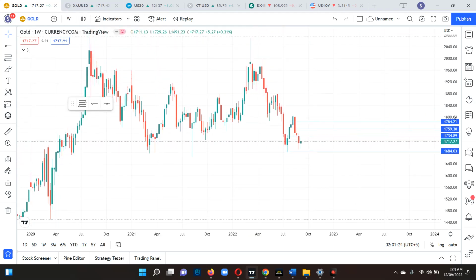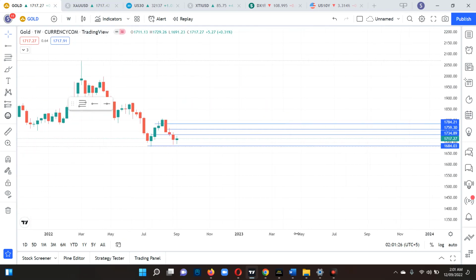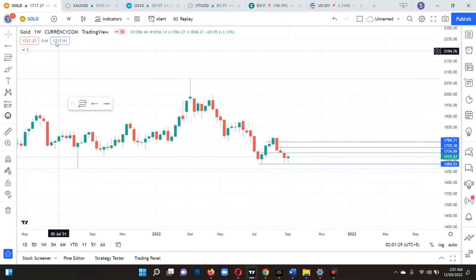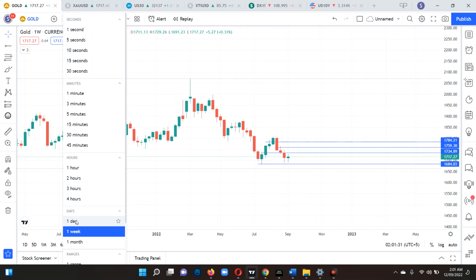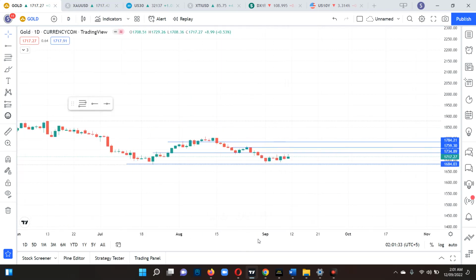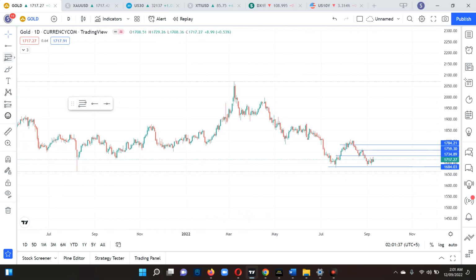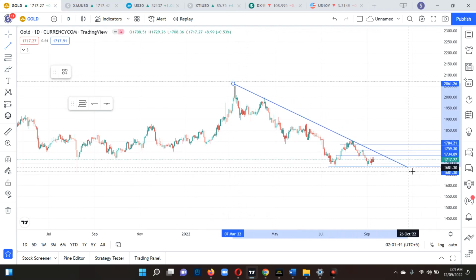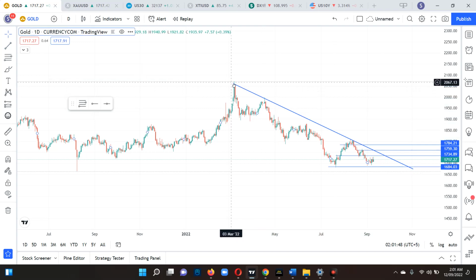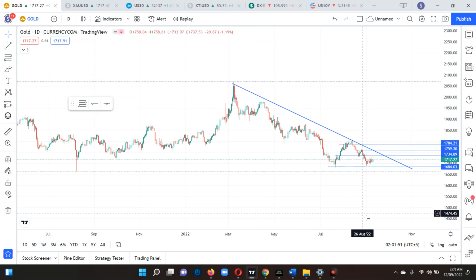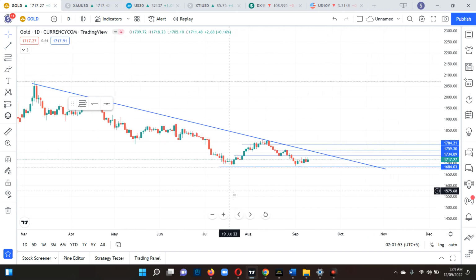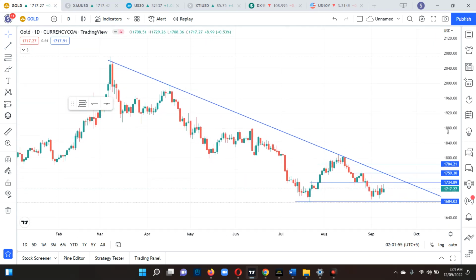Now on the weekly time frame chart, if you see the weekly time frame chart, no, I will go with the daily time frame chart. There you will get a clearer view of the trend line the market is trying to follow. On the daily time frame chart, I can see one trend line running like that. If you look more closely, this is one particular trend line which I am seeing right now in gold, and gold was respecting this trend line very much.